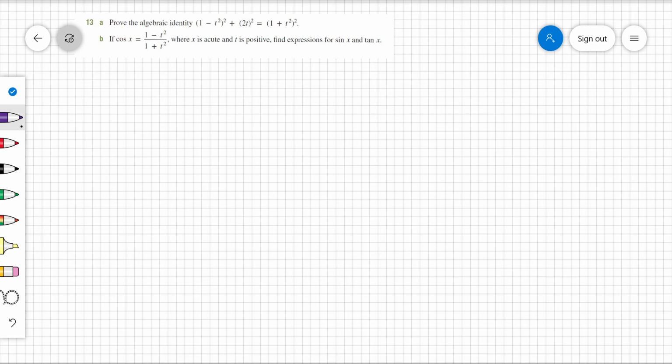All right, so what do we have here? Question 13. We have to prove the algebraic identity. All right, just a good example of proof. Make sure you do one side at a time. So for example, the left-hand side here is